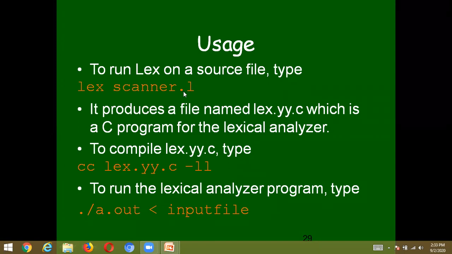Initially, after writing the program, we need to save the file with an .l extension, which means it is a Lex source file. And then, before running the program, we need to compile it using this command. After the compilation, finally we need to run it to get an output, and for that we use this command for running the Lex program. This is the way of creating a file, compiling a file, and finally running a file in a Lex program.